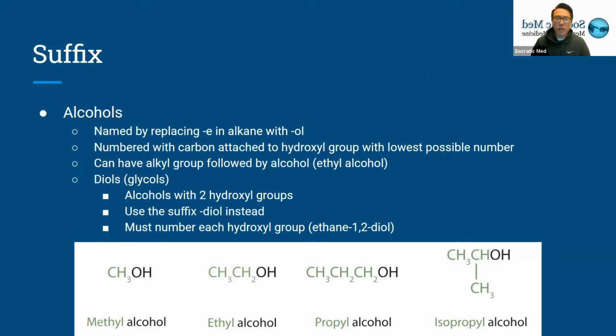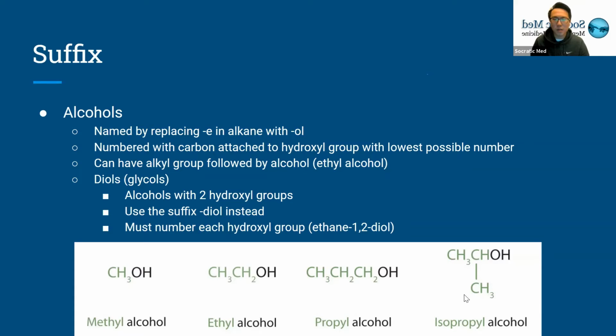They can also name it by having the alkyl group followed by the word alcohol. So for ethanol, it could also be called ethyl alcohol. On the bottom, I just have some common alcohols that you might see. So methanol or methyl alcohol, ethyl alcohol, which is also ethanol, propanol or propyl alcohol, and then isopropyl alcohol, that's